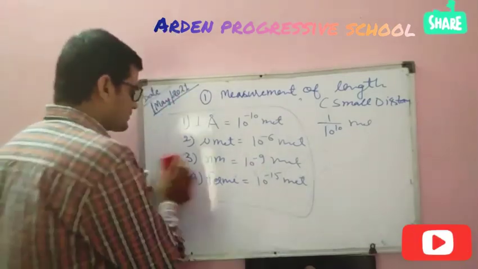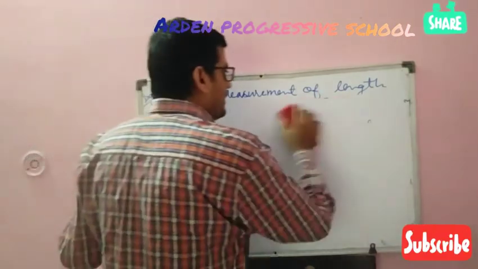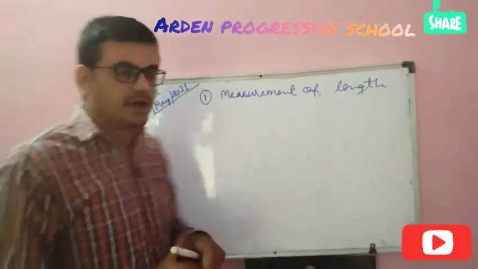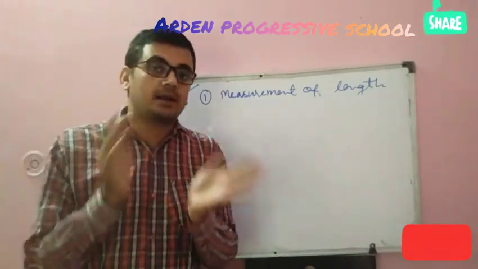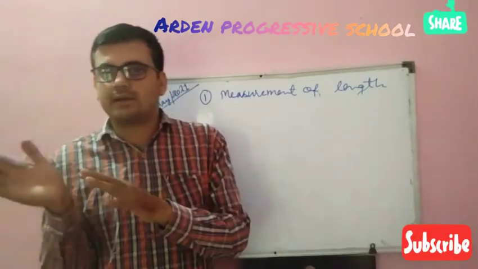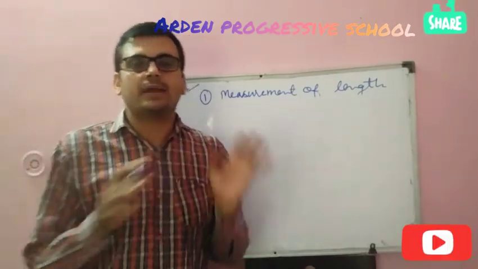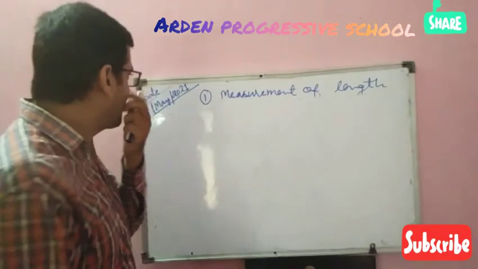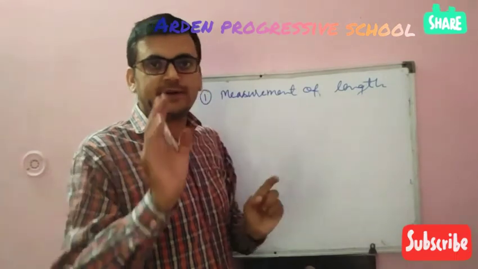Now, student, when we were discussing the definition of physical quantity, I told you that physical quantities are those quantities which we can measure directly and indirectly. I told you that we would discuss the words directly and indirectly later. So now I am discussing what directly and indirectly mean in the measurement system. I am discussing this method for measuring length. First, direct.